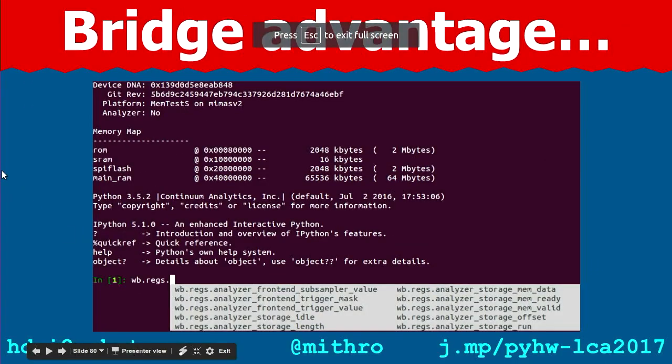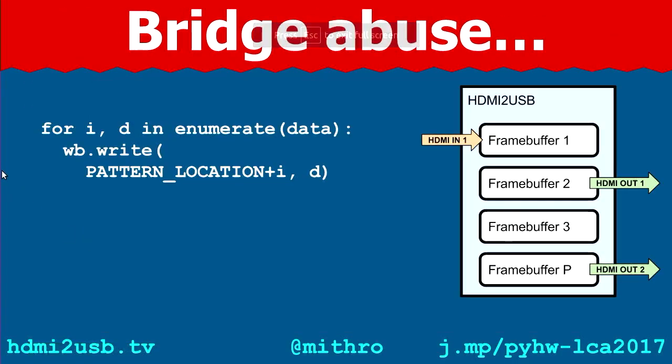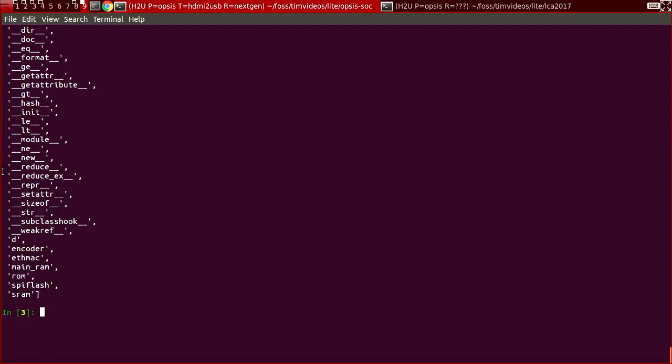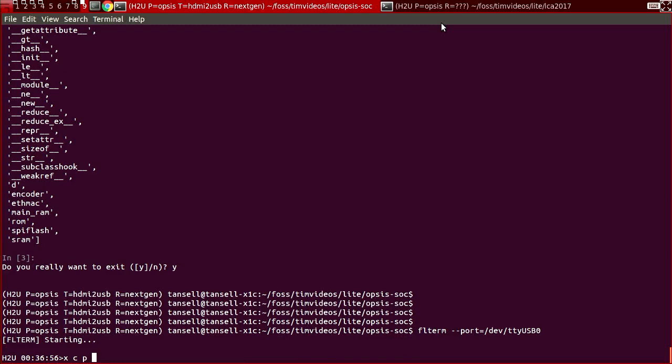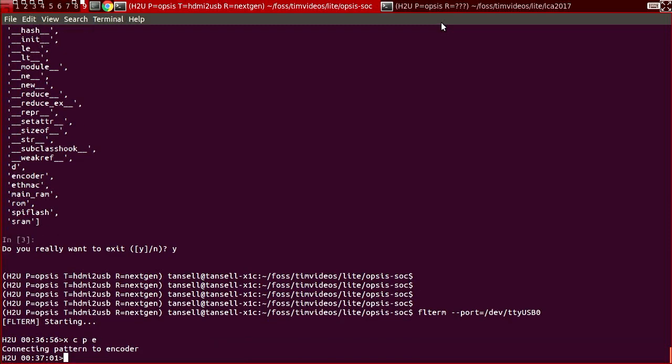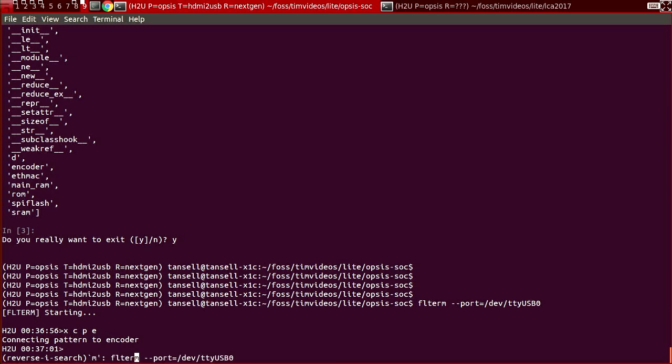If I go back here. But there's more. We can abuse this. The way HDMI USB works, it has a bunch of frame buffers in it. And so why don't we just write to those frame buffer locations from our computer? Let's see if this works. So if I connect to the terminal, I'm going to connect the pattern to the encoder. So now if I